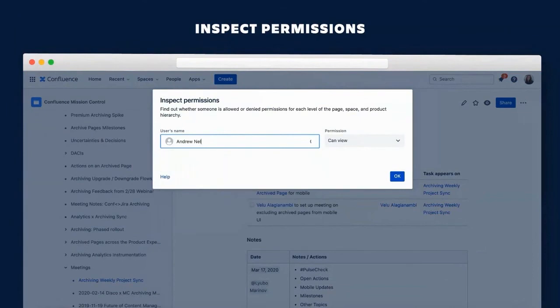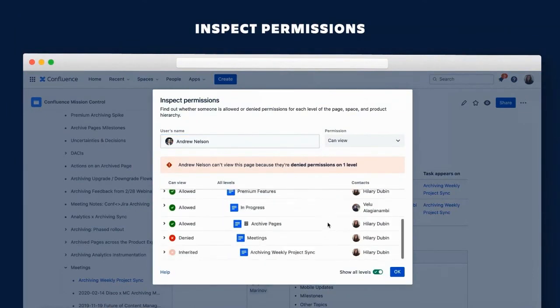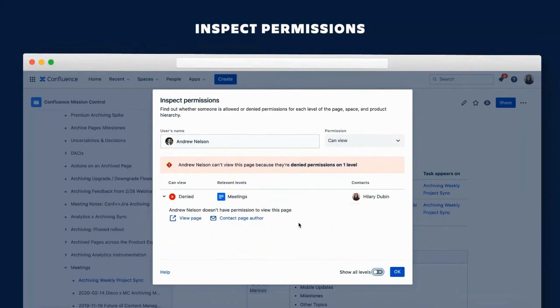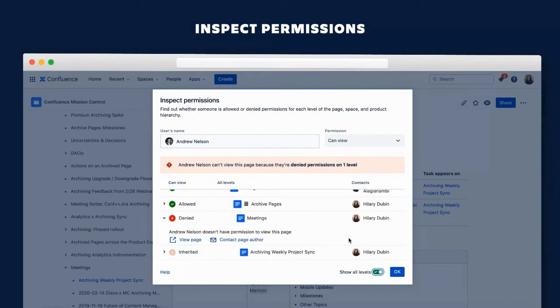She simply types in the name of a user and gets a summary of whether or not the user has permissions on that page and exactly why or why not. She can go in and see the page directly or contact the page author. And this feature is really great for Emma, but also for our site admin Will, because inspect permissions allows Emma to solve many of her own problems without having to come to Will for